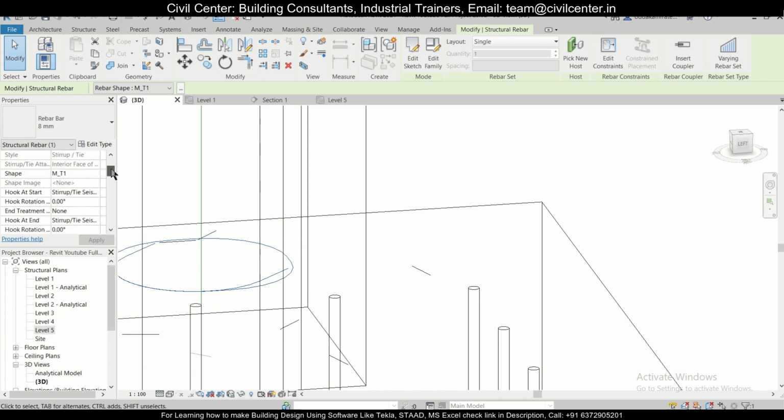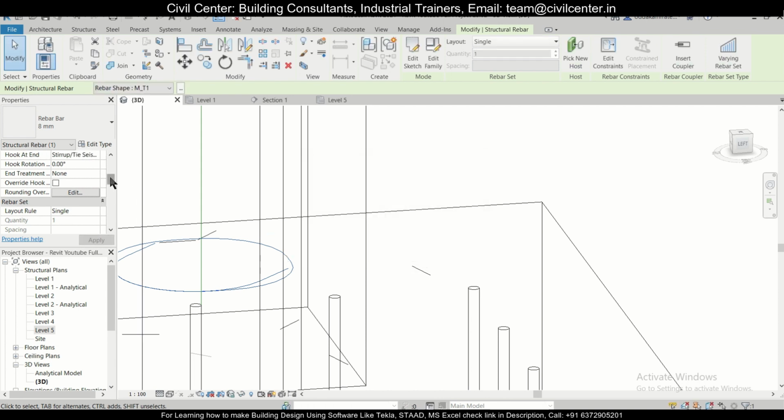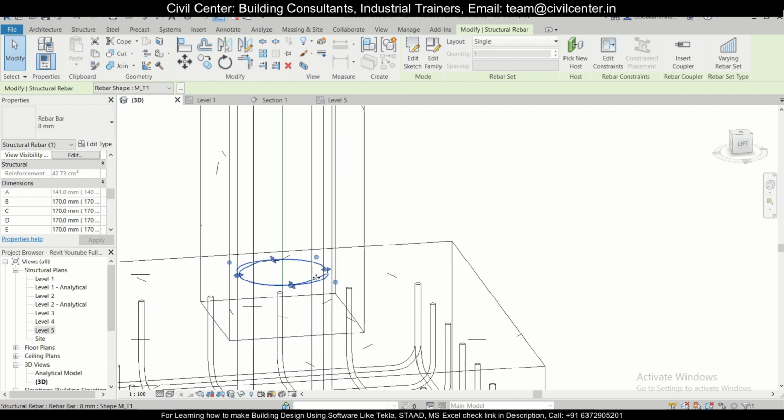As you can see, the shape and the hook at start (135°), hook rotation, end treatment, rounding over, so these settings you can change. As you can see, radius is there, so a rectangular one has been selected, so we have to change that to the circular one.